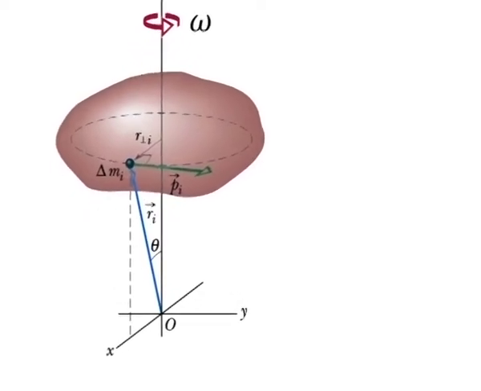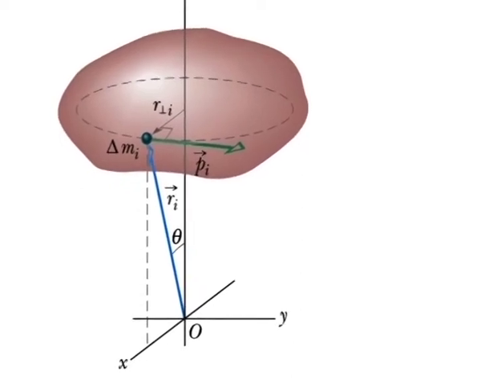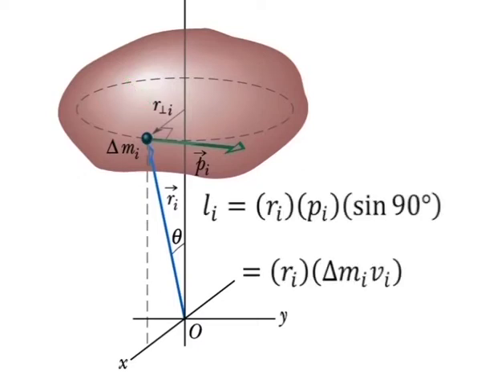As in the figure, a typical mass element of mass delta m_i moves around the z axis in a circular path. The position of the mass element is located relative to the origin O by position vector R_i. The radius of the mass element's circular path is the perpendicular distance r_perpendicular,i between the element and the z axis. The magnitude of the angular momentum of the mass element with respect to O, L_i, is given by